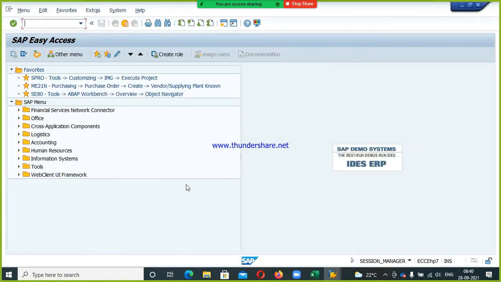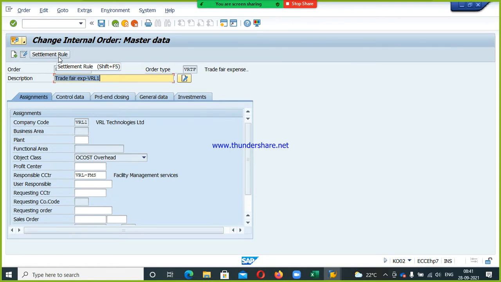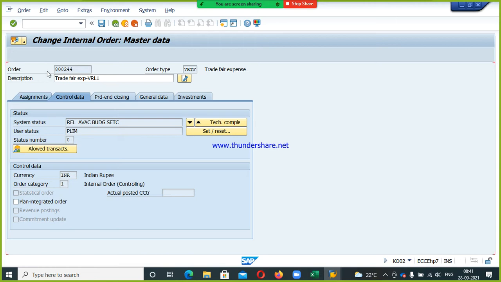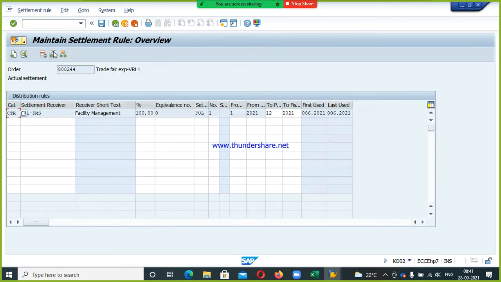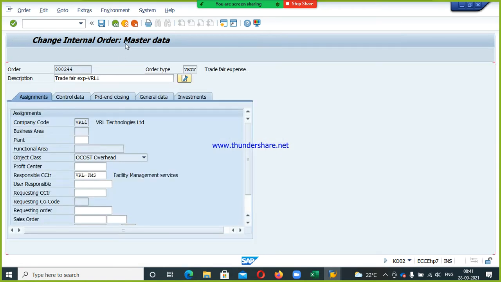Then in easy access, I think we created master KO01. This is my order. Control data, I'll go with this one. Settlement profile, yes, this settlement profile also we maintain. Settlement parameter also we maintain, right? And then after that